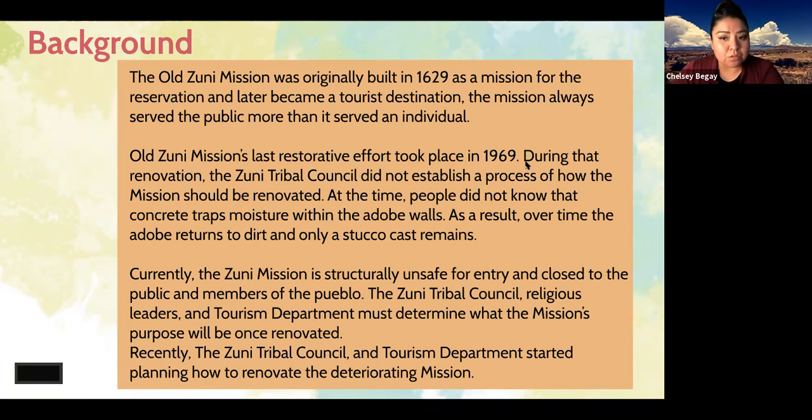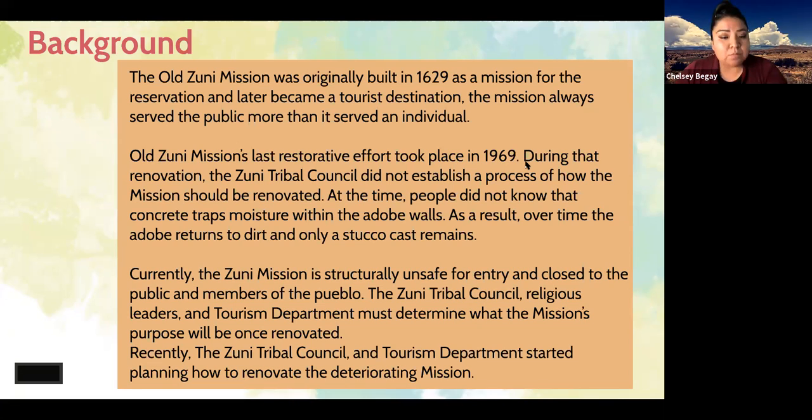And as a result of that, over time, the adobe bricks inside of it, since it's made of different elements of the earth like dirt and straw and clay, sort of returned back to those original elements that it's made up of, and only the concrete or stucco cast remains of that.